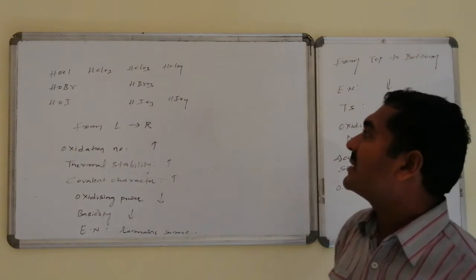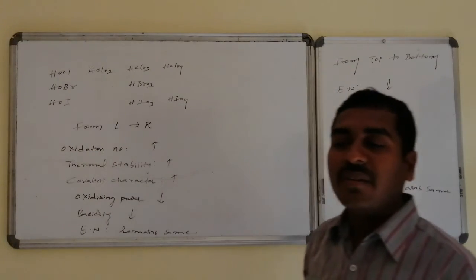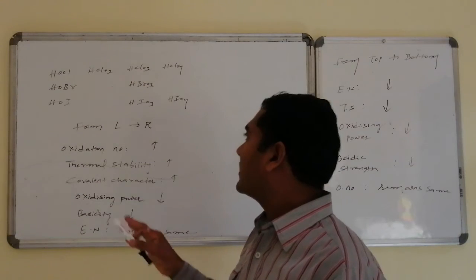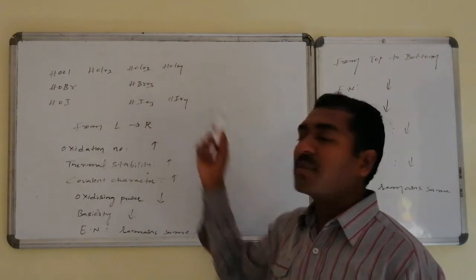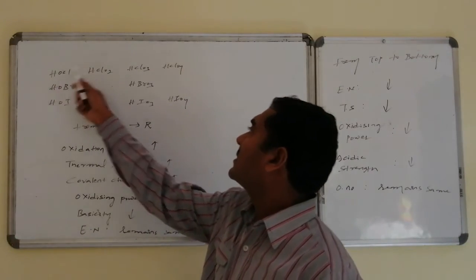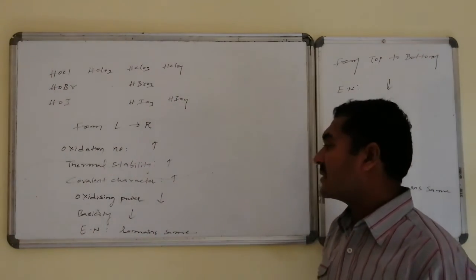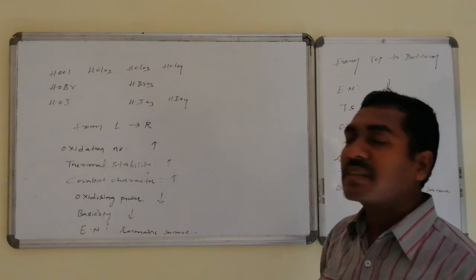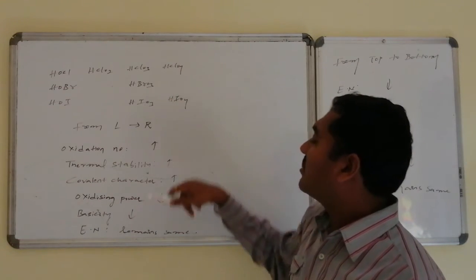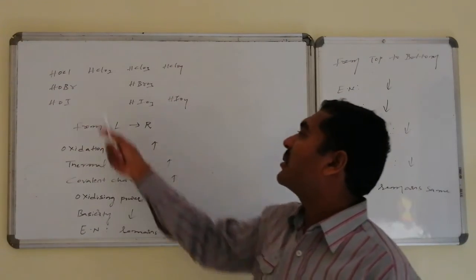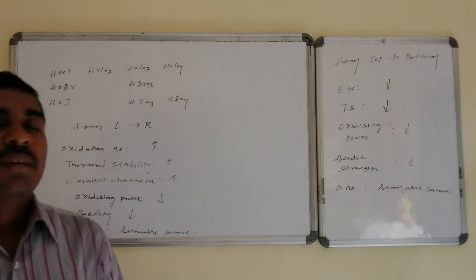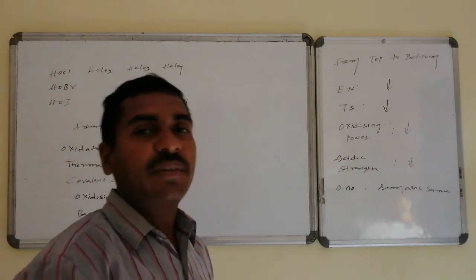Oxidizing power decreases, because HOCl is unstable and is easily converted to HCl followed by chlorine. So thermal stability and oxidizing power within the same halogen are in opposite orders, and oxidizing power is highest for HOCl and goes on decreasing from left to right. Basicity, the reverse of acidity, also goes on decreasing, since the more acidic species is the least basic. You can study the basicity of the anions too, and it maintains the same order. Electronegativity remains the same, as the central atom remains the same.